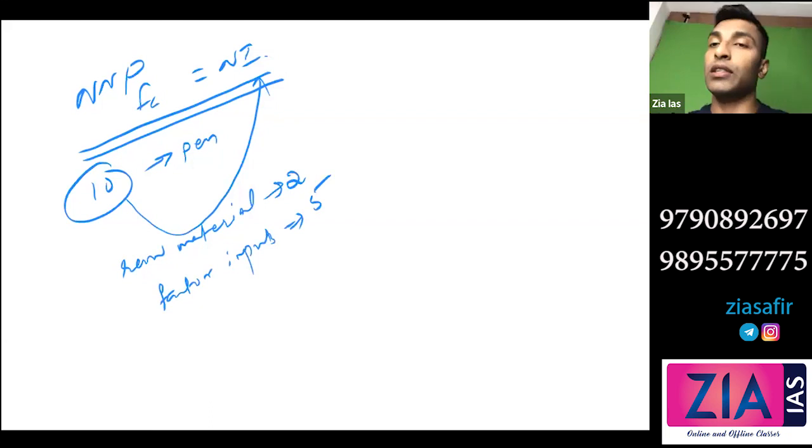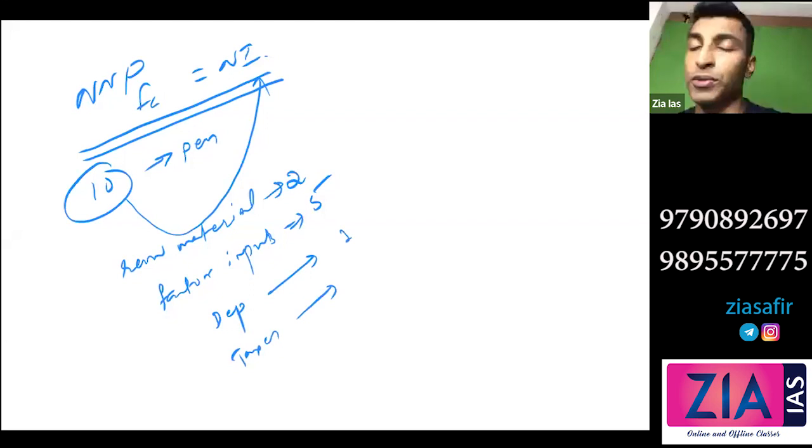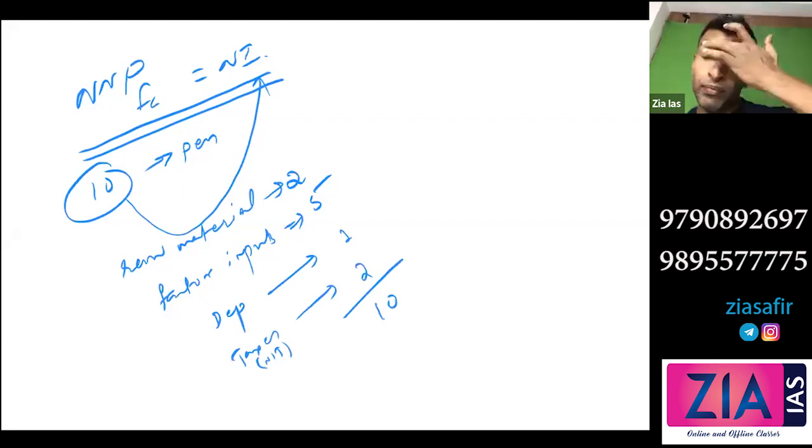The factor inputs are 5 rupee for the production of this pen. Now apart from this, what will be there? There will be depreciation. Let's say depreciation is 1 rupee. And there will be taxes, right? So net indirect tax, or taxes here, there is no point in giving subsidy. Otherwise I can talk about net indirect tax also, but I'm simply writing taxes here. How much will it be? 7, 8. So it will be 2, right? So this is how this pen costs 10 rupee. So I've divided the cost of this pen, which is 10 rupee when bought from the market, which includes all these.